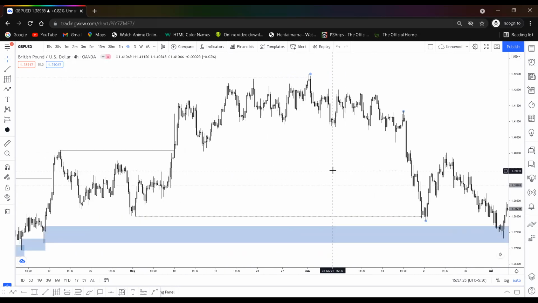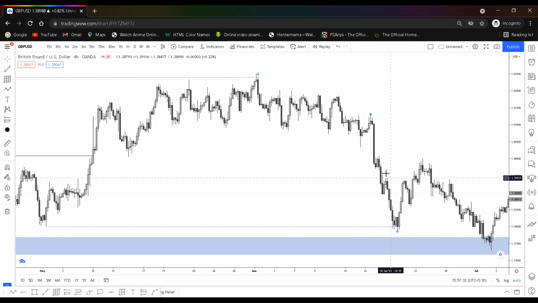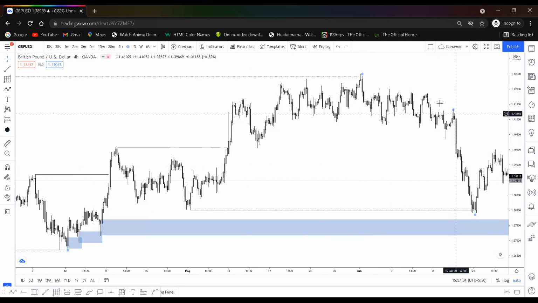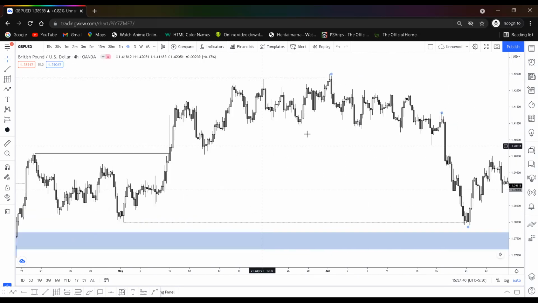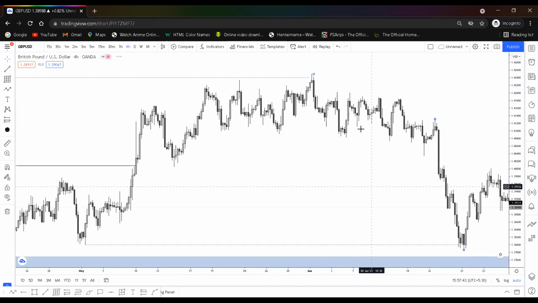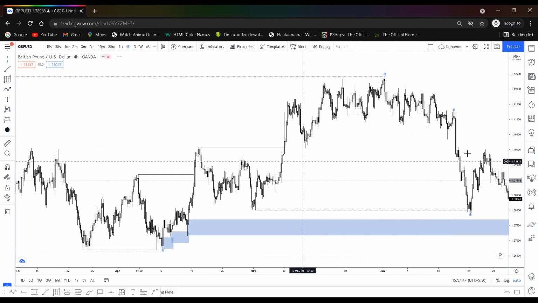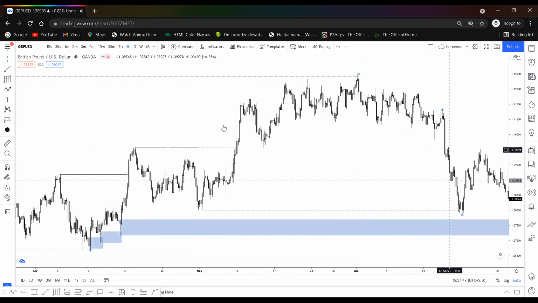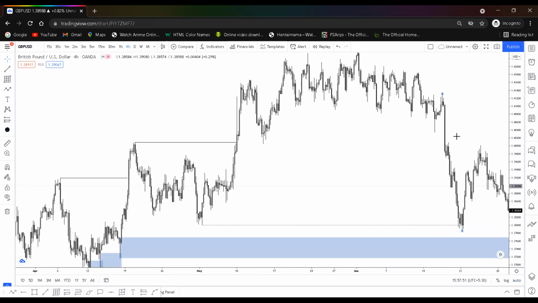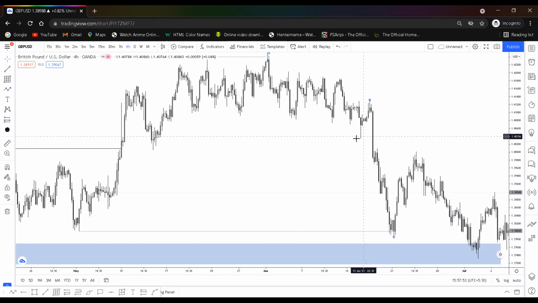How do we know the distribution is over? They'll give us a breakout structure, and that is simply Wyckoff. You don't have to use it, but this was a perfect Wyckoff schematic. So after this, we should expect price to pull back down. Honestly, I don't use Wyckoff schematics. I only use the 3 laws of Wyckoff. So what happens is it broke structure